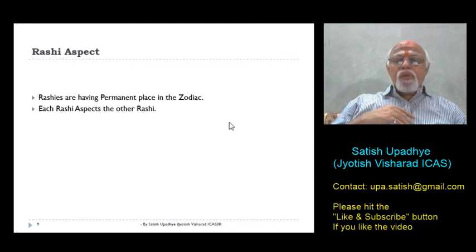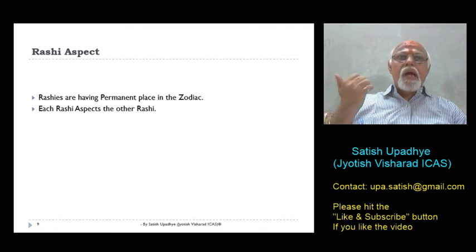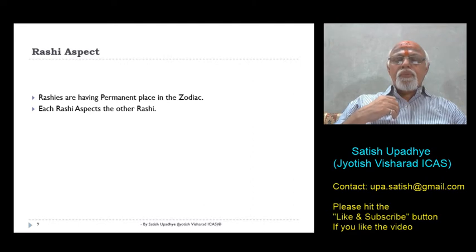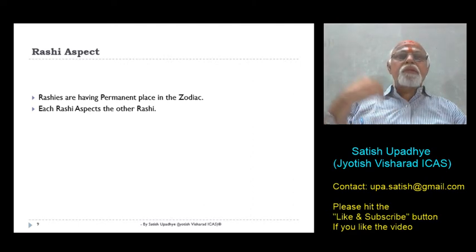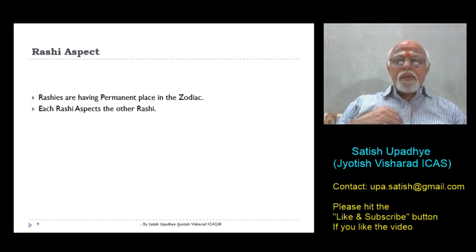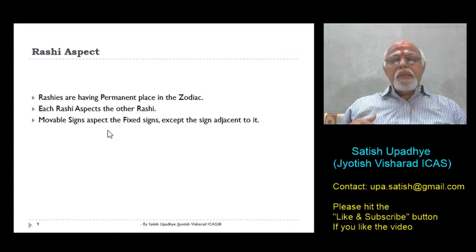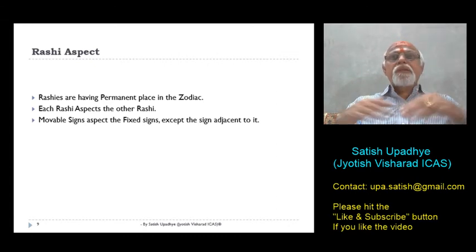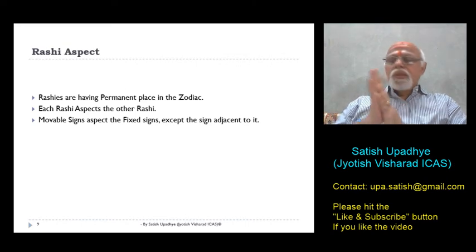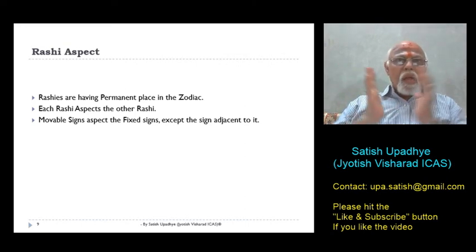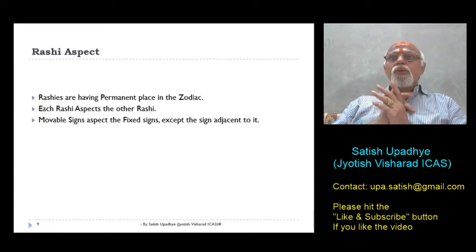We have got three types of Rashis. One is Chara Rashi, second are the fixed Rashis, and third is the common Rashi. Each Rashi aspects the other Rashis. Here we are considering the aspect of Rashi instead of the aspect of planet. Movable signs or Chara Rashis aspect the fixed Rashis in the zodiac, except the sign which is adjacent to the sign